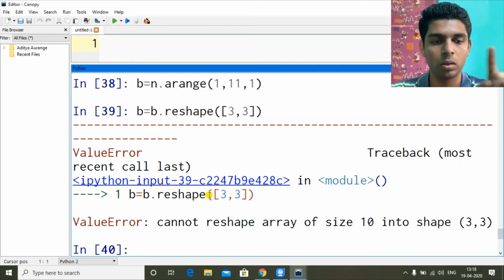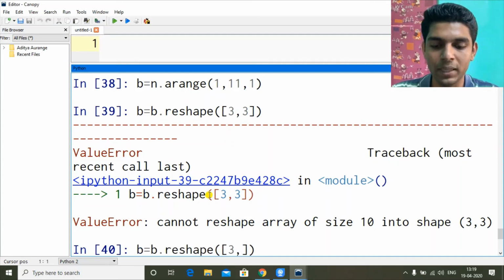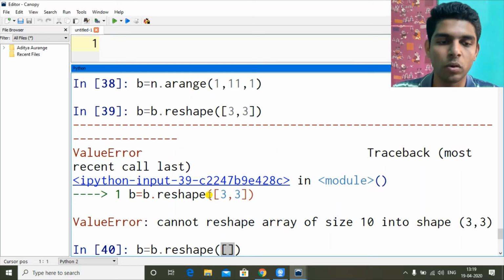So the size means the cells inside the old and new structure should be the same. So what can we replace it with? It could be 1 into 10, 10 into 1, 2 into 5, 5 into 2. So these options will work. Other options will give an error. So 2 comma 5.